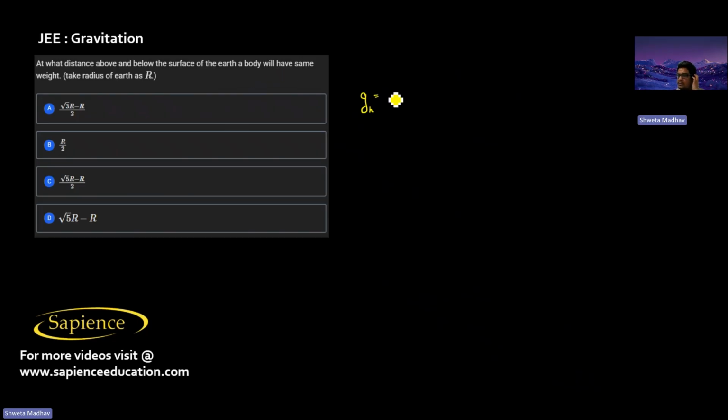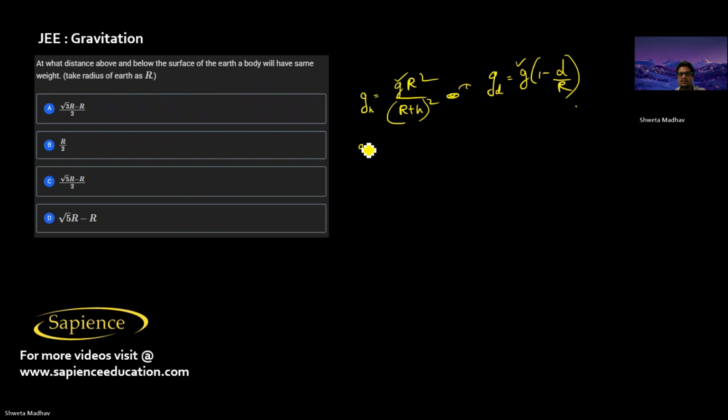The value of g will be g R square by R plus h whole square. That should be the same as the g at a depth, that is given as g into 1 minus d by R. Here g is the value of the acceleration due to gravity at the surface. That means g R square by R plus h whole square should be equal to g into 1 minus